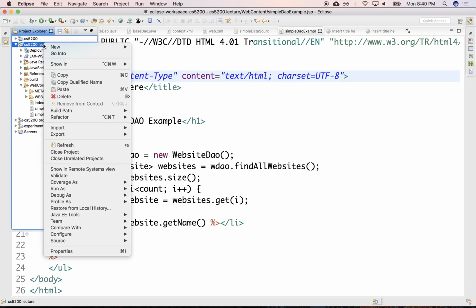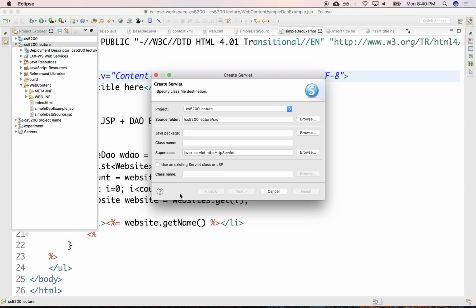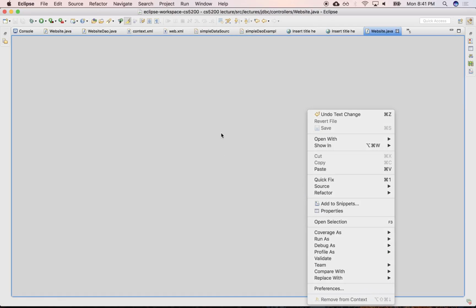Okay, so let's declare here a new servlet. There we go, a servlet, and we'll put it under lectures.jdbc.controllers. That's the package name, and this will be the controller for websites, so this will be website. Okay, so we'll say finish, and it generates a boilerplate